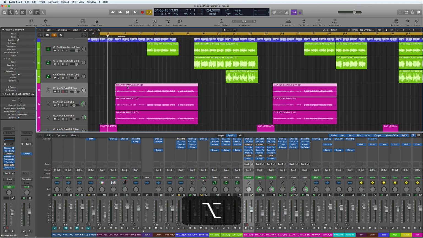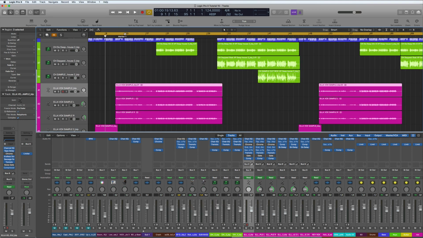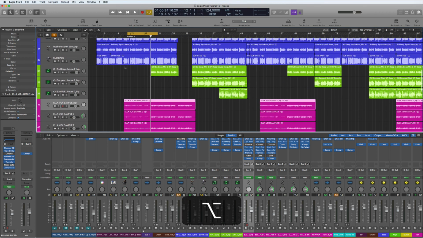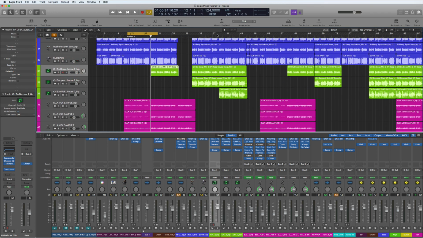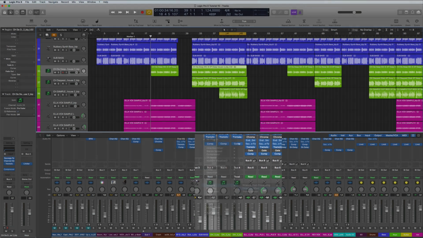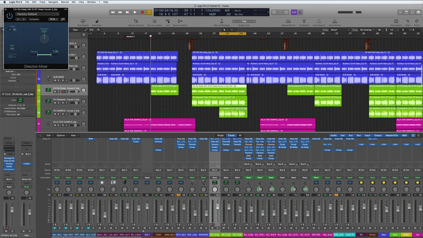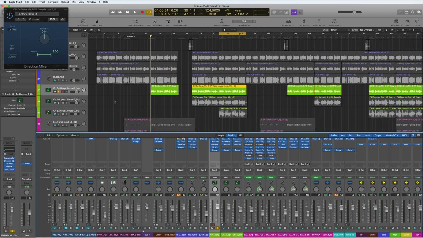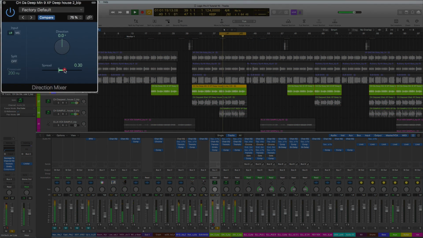I've also bounced in place the vocals, so I'm going to start working on this part here, maybe do like a stutter effect here, and then I started looking at these keyboards here as well, where I'm going to bring in a plugin called Direction Mixer, and I'm going to sit this in the mix a bit different. So what this does is you can put it in mono,